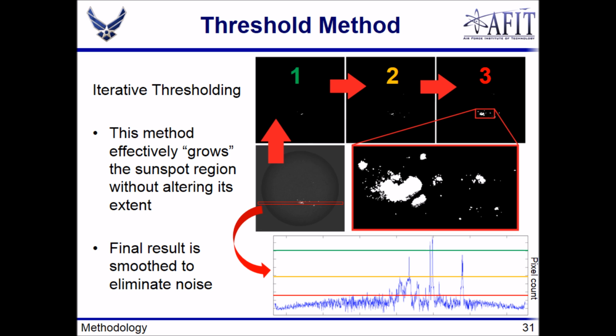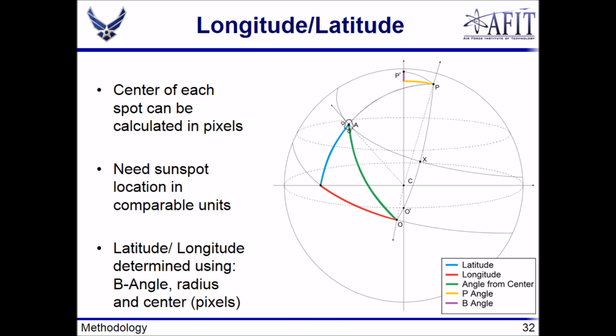What we can see from 1 to 3 there is we basically are growing the sunspot regions into the appropriate region without altering any of the data. And then for the final result, we smooth that to eliminate any of the noise associated with it. So next, on slide 32,